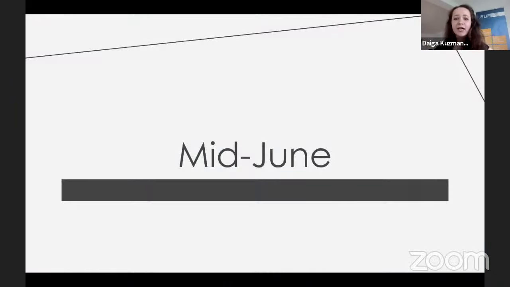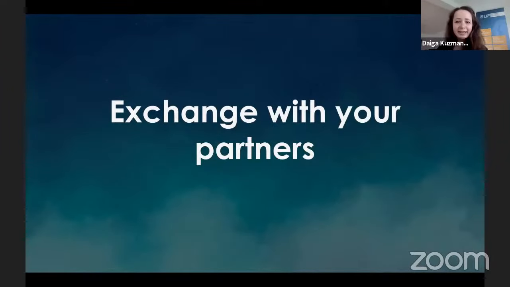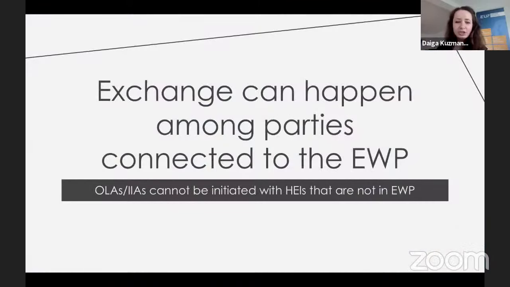Yet it seems that other partners are still needing some extra time to connect. And in order to feel confident about this technical testing with the diverse crowd, hence also the delay of when this will become available. As the next question that you might be asking yourselves is, then with whom can I exchange? And the exchange, as I highlighted, can happen really only between the two parties that are already in